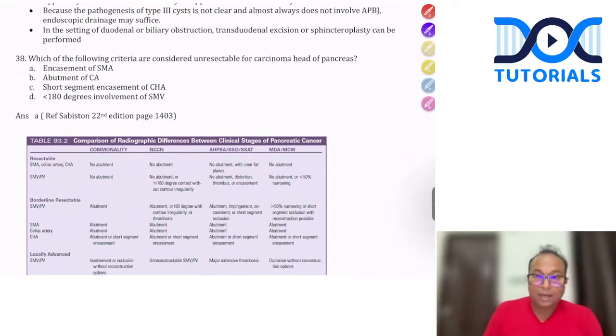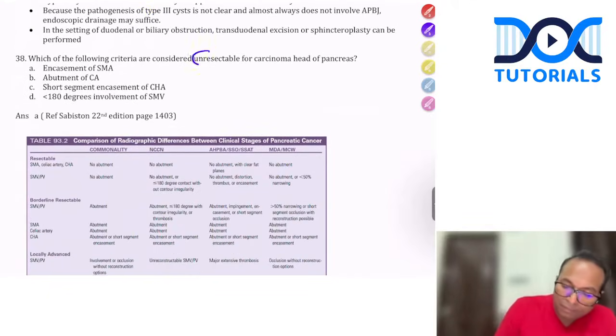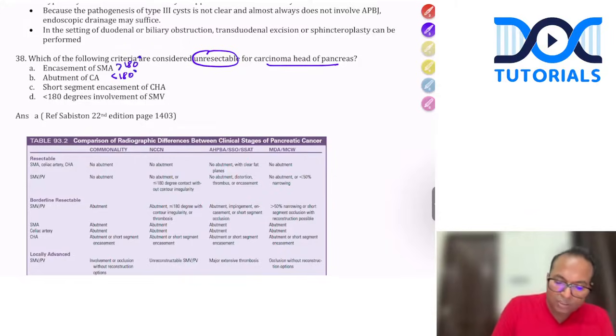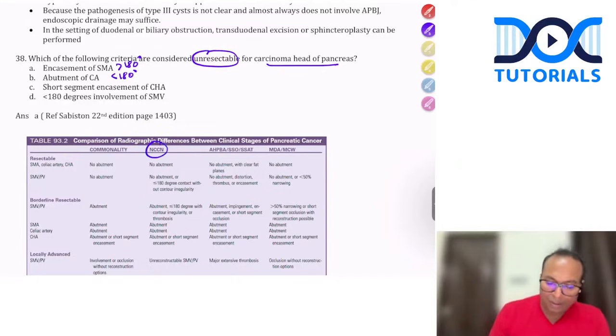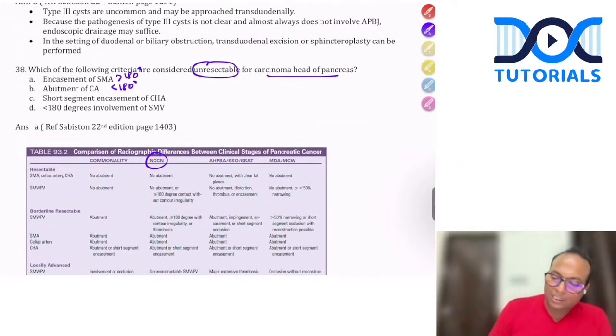Which of the following criteria are considered unresectable for cancer of the head of pancreas? See, understand, abutment means less than 180 degrees. Encasement means more than 180 degrees. This wording you should not forget. Abutment means less than 180 degrees. Encasement means more than 180 degrees as per NCCN guidelines. So unresectable is